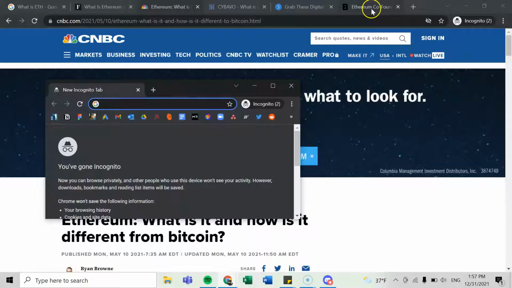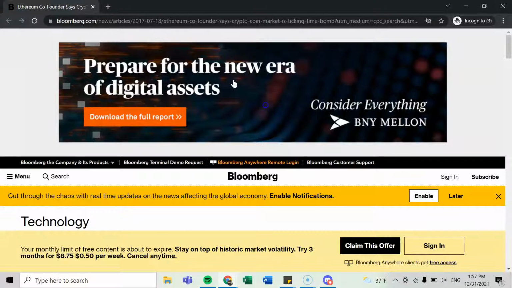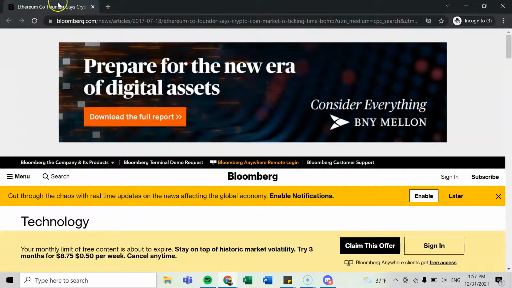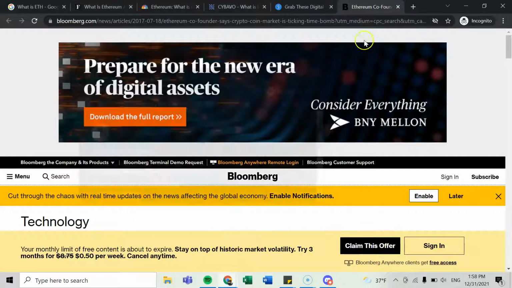So now I want to transfer these tabs over into this window. Let's say I want to read this one. It's the same thing. Click on the tab and drag it to the center of the screen. It becomes its own window, and when you click to the center of it, it's going to open up big like that. So now that we know how to move it and minimize it and create a new incognito, let's just do it again.